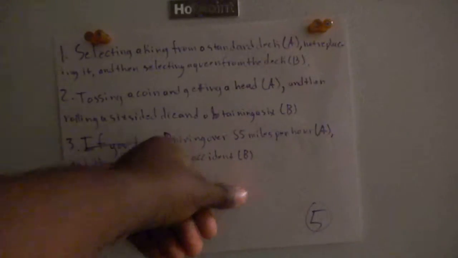So for our 3 questions, we have: 1. Selecting a king from a standard deck, event A, and not replacing it, and then selecting a queen from the deck, event B. 2. Tossing a coin and getting a head, event A, and then rolling a 6-sided die and obtaining a 6, event B. And for number 3, driving over 85 miles per hour, event A, and then getting in a car accident, event B. So for our solutions,